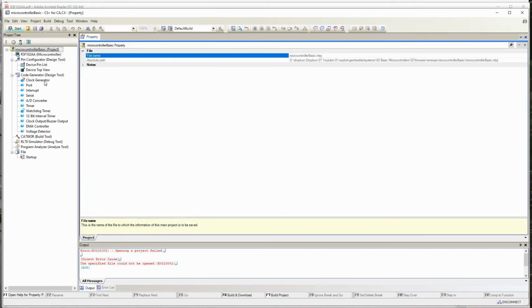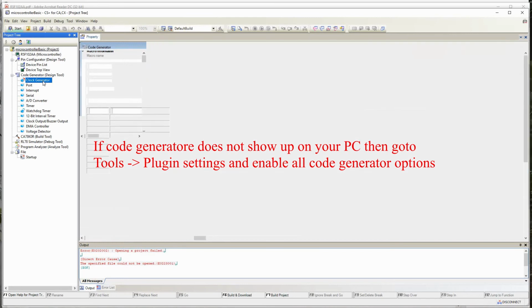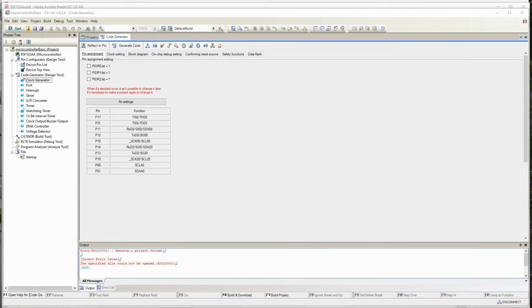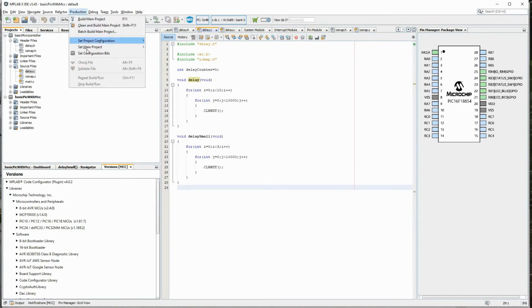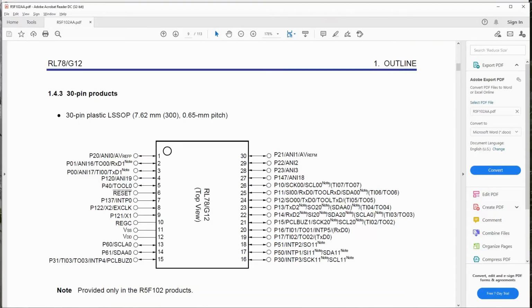So the first thing that you have to do here is to generate the clock. In PIC microcontroller, what we did was we went to production, set configuration bit. Now in this one, we are going to do the clock. Here there is something called pin assignment. Basically what it means is, let me open up the data sheet. There are certain ports which are in brackets.